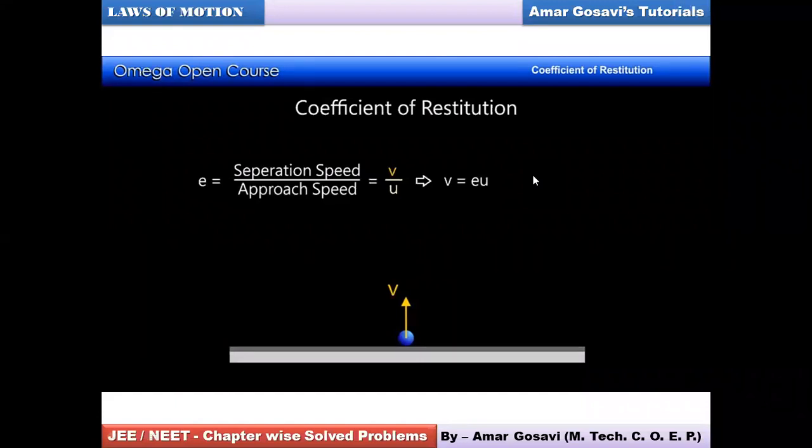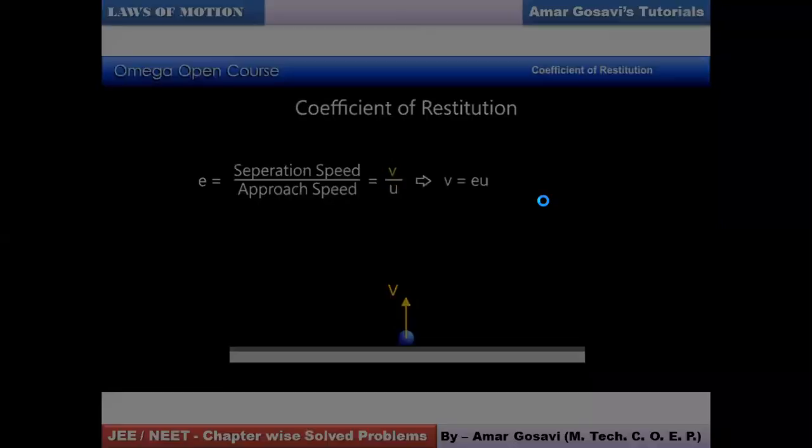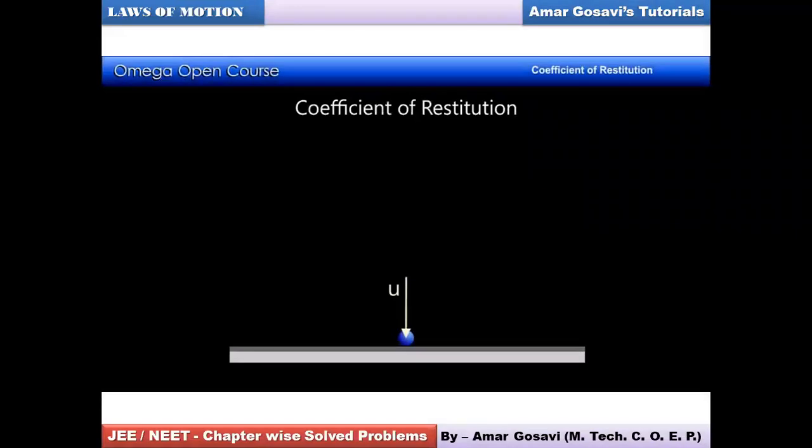Okay, let's go back to that point again. Friends, again we will place this concept. Here you can see the ball is about to hit the floor. The floor is at rest, so its velocity is 0. The initial velocity with which the ball is moving before hitting the floor is u. So u minus 0 is the relative velocity of approach. Now, when I say relative velocity of approach, it's the difference in the two velocities before the collision.